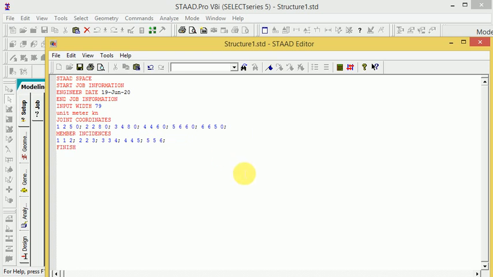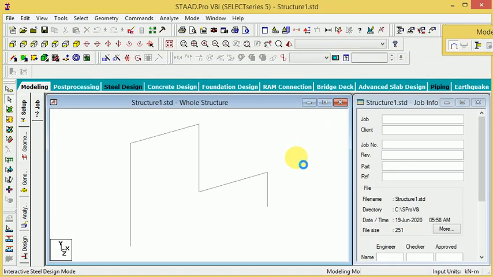So here just click on save and go to member incidence. So right now here the member incidence between two nodes. Basically what I provided according to the joints. This is one joint, second joint, third joint, fourth joint, fifth joint, sixth joint.